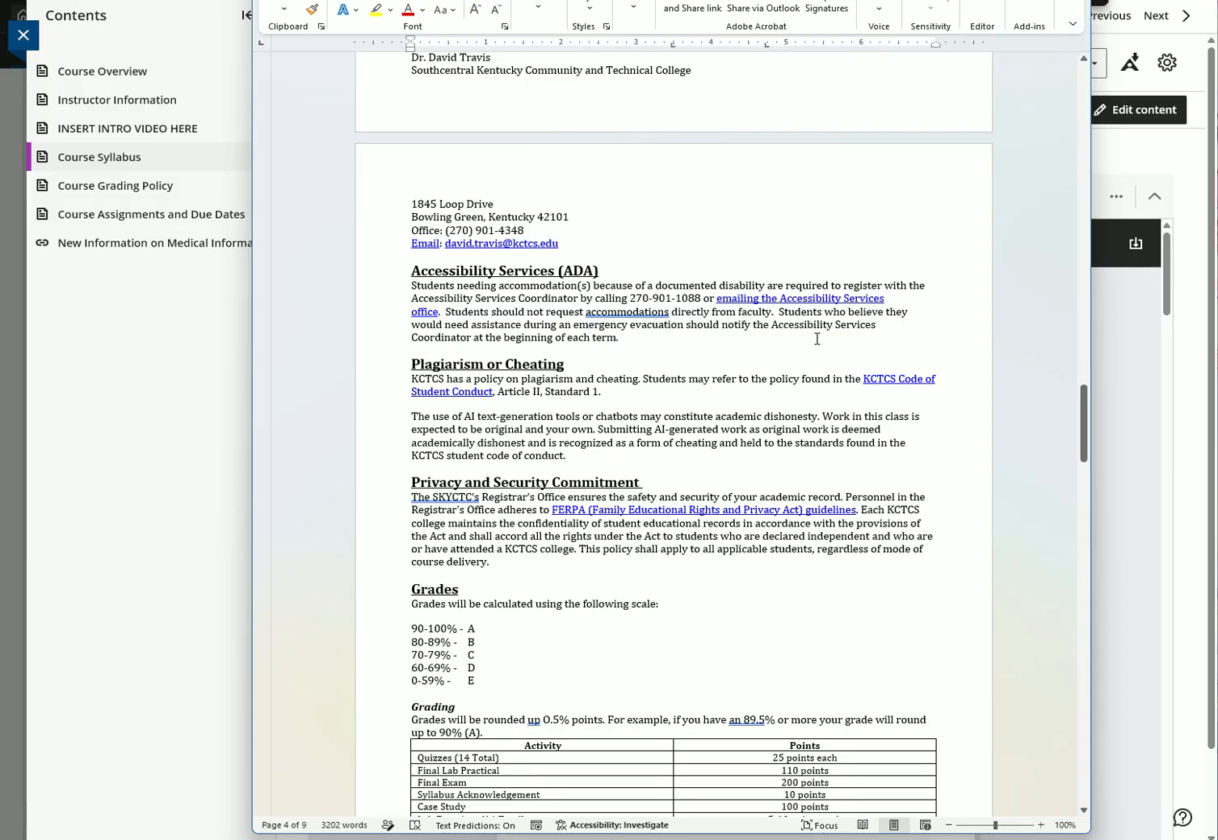Accessibilities. Okay, so if you do need any accommodations for this course, if you need extended time on exams, you have to go through the accessibility services coordinator. I cannot give them to you. You have to go through this office, email them, give them a phone call if you need extra time, if you need anything else,